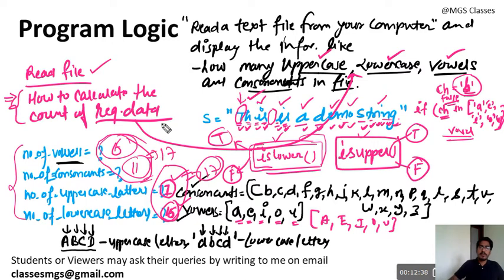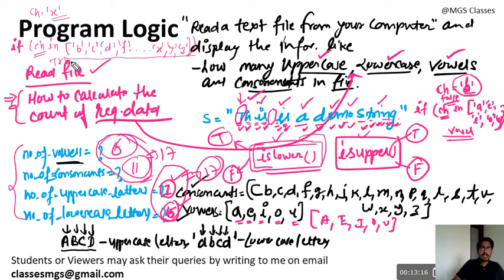In the same way, if you want to check whether a character is a consonant or not, then you will write like this: if ch in, let's suppose ch value is x, if ch in b, c, d, f, and so on up to x, y, all the consonants you will write one by one. If you write this condition and the ch value x is in this particular list, in that case we will know that this is a consonant.